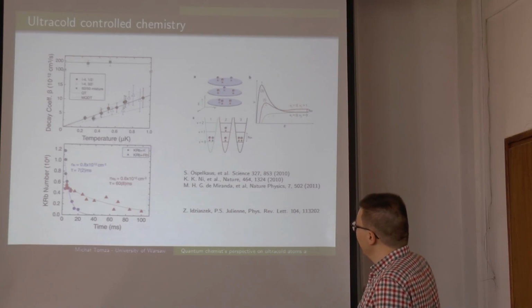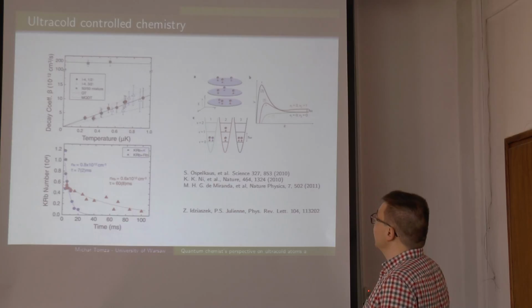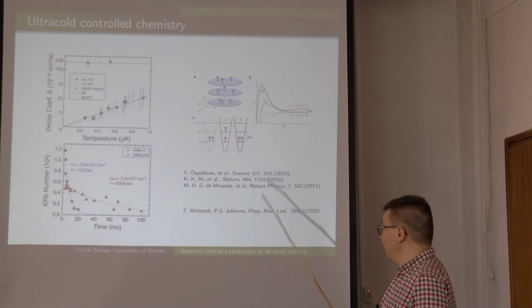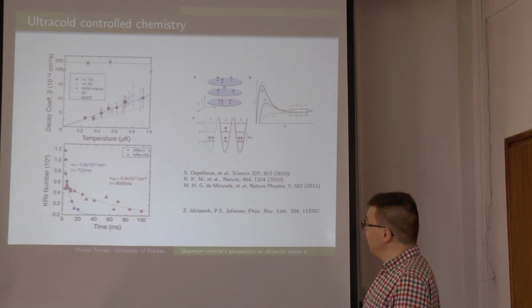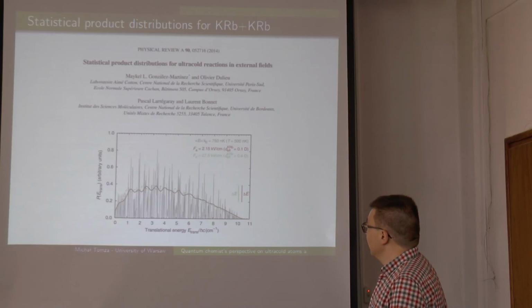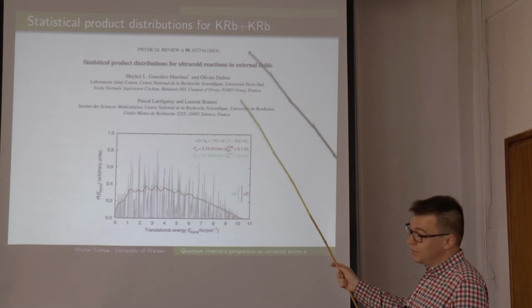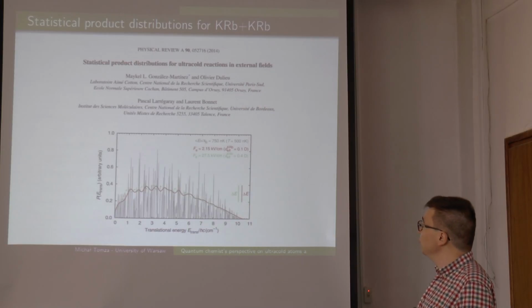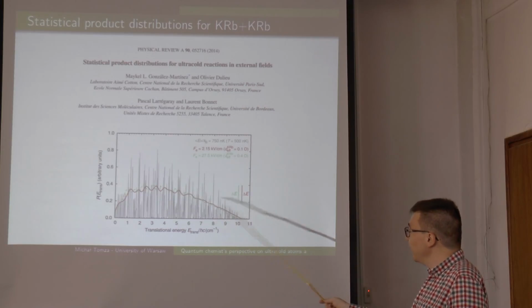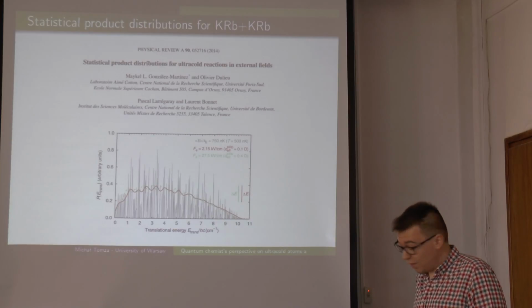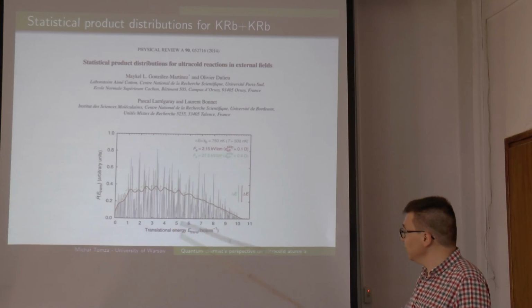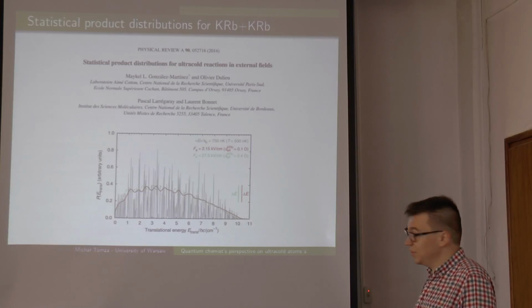Okay, so we have this first ultra-cold chemistry that, as it was shown by Zbyszek and Jaszek, is quite universal. So what about products? Once we look at the products of the reaction between potassium-rubidium molecules, we can see that in fact there are thousands or even tens of thousands of possible quantum states of products. These are rotational and some vibrational states presented.